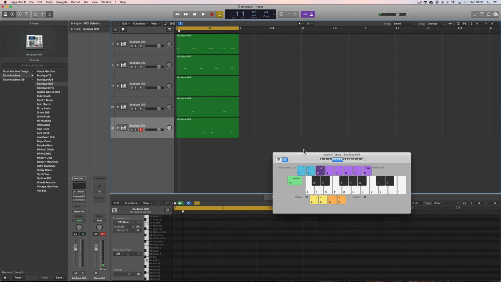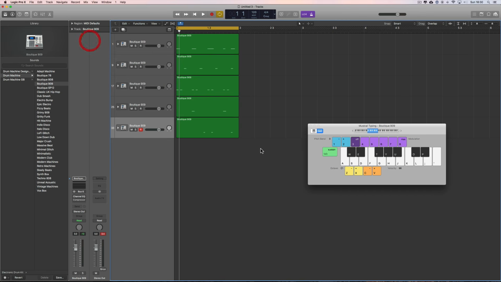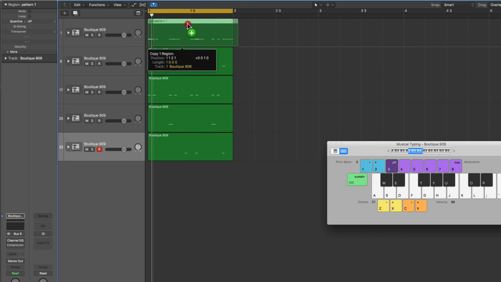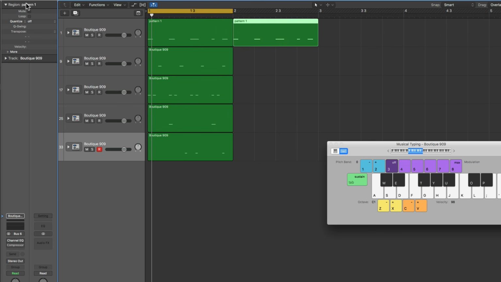All right, so that's how you would do it, bit by bit, listening to what you'd recorded before and adding in. Now, another way you can do it is you start with your kick drum pattern. We'll call this pattern 1. That would be pattern 1 in your drum box. You then copy that over to pattern 2. So this now becomes pattern 2. You've simply copied that kick drum pattern over to the next pattern slot of your drum box,